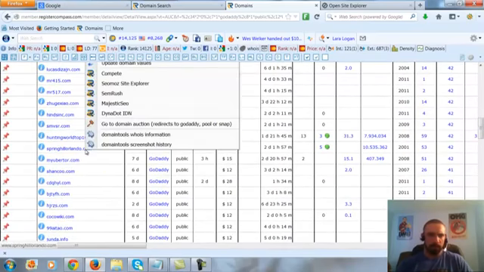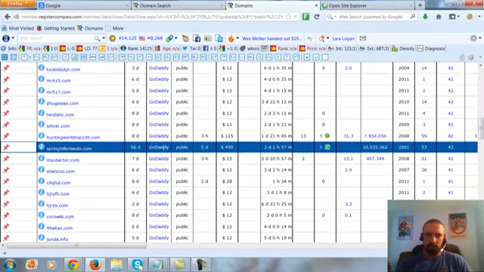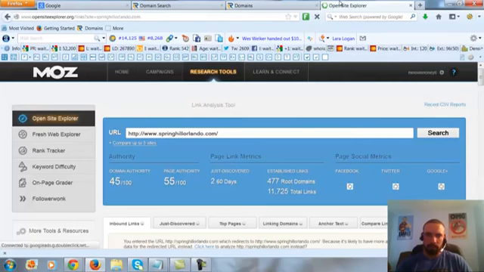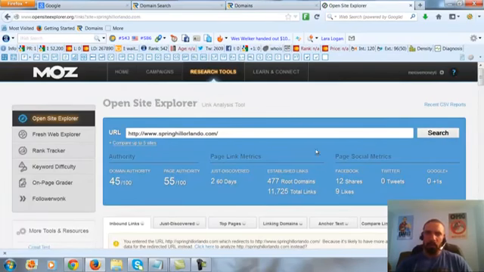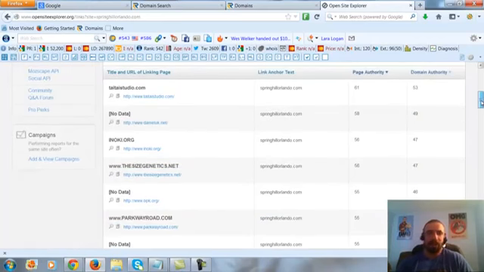All right, I'm going to go check out this one. I like the domain name. I like ones that are like locations. One thing I don't like right away, without even looking at these links, is there's a lot of root domains for how high the domain authority is. So that's a sign that this might not be a good site. But let's see. Okay, and it's not right away.